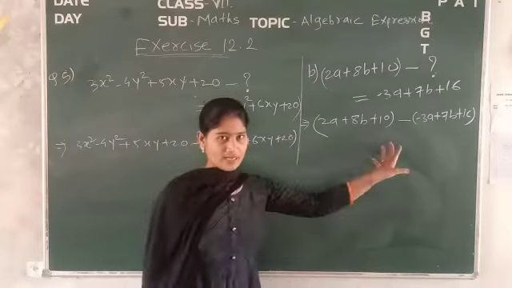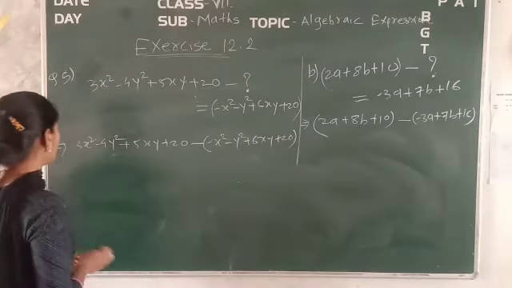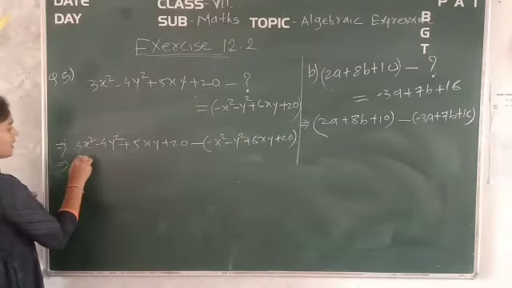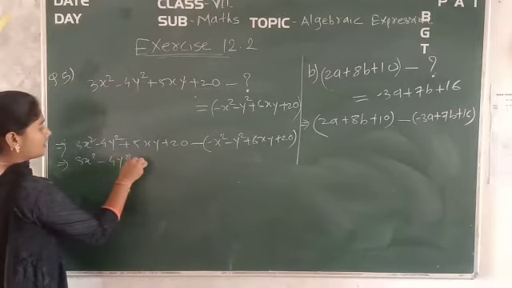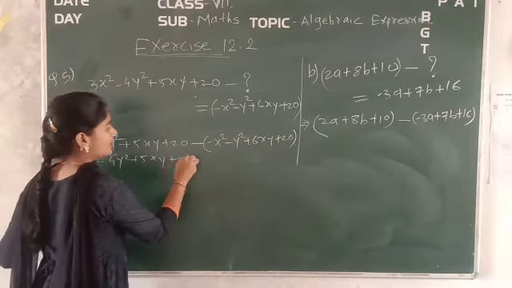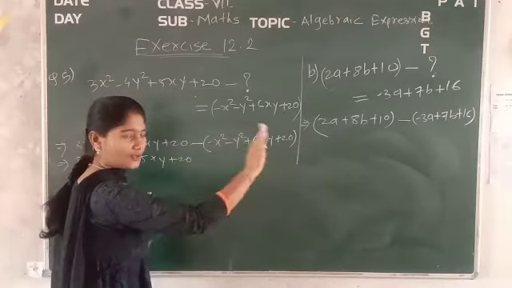तो ये हम सॉल्व करेंगे आपके सॉल्यूशन के लिए। एक आप कर लो, सेम इस तरह से इसको भी करना है आपको, ठीक है। सो लेट्स वी विल स्टार्ट। 3x स्क्वायर माइनस 4y स्क्वायर प्लस 5xy प्लस 20 will be remain as it is. Now multiply this minus sign with the whole bracket.